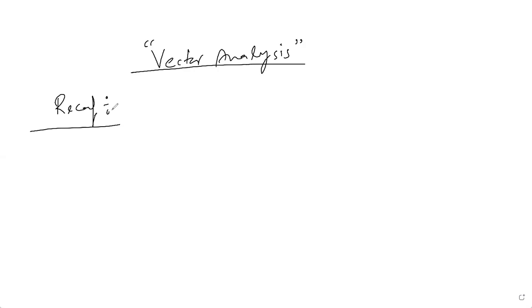So this is the second lecture of the introductory series on mathematical physics. And in this series, we are currently looking at vector analysis. So all aspects of the vector that we are very much concerned about, especially the way physicists look at it. That's what we are interested in.